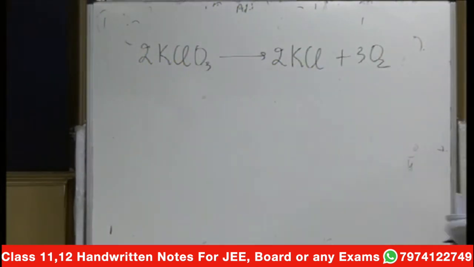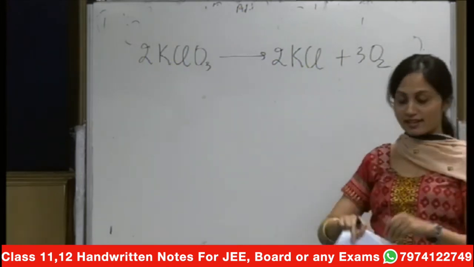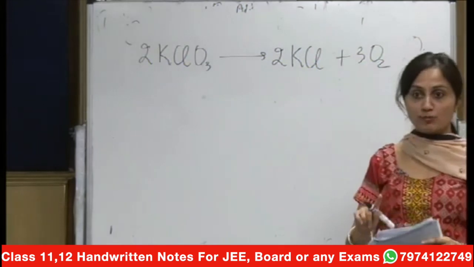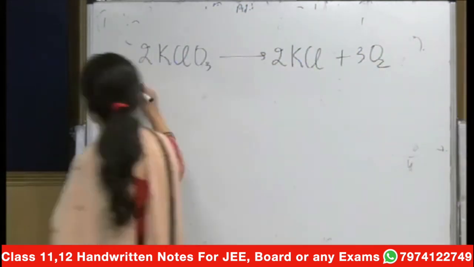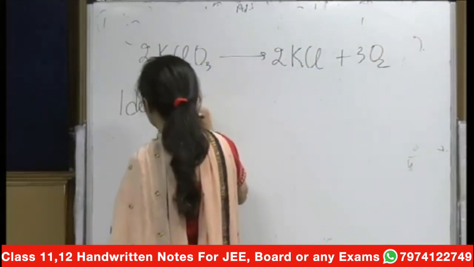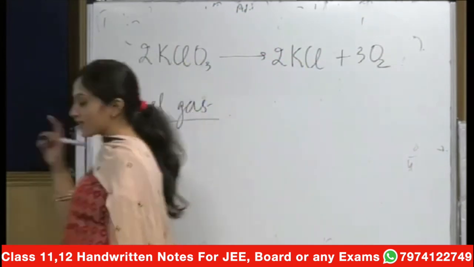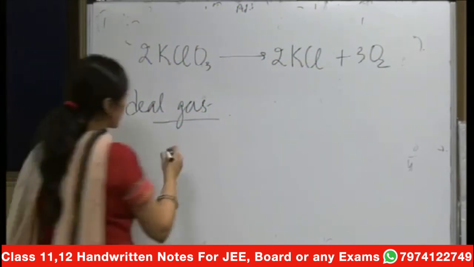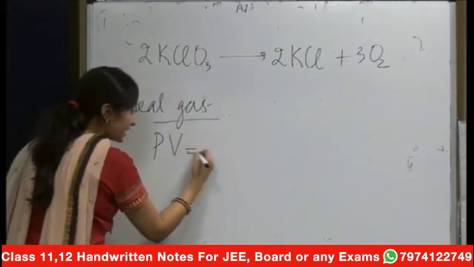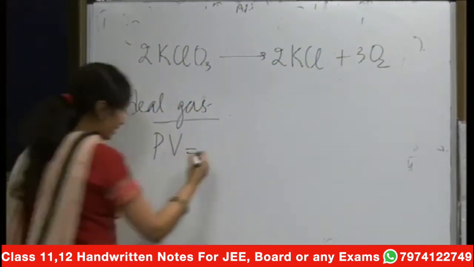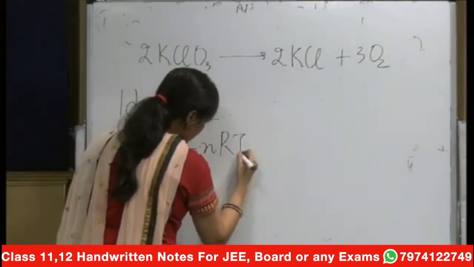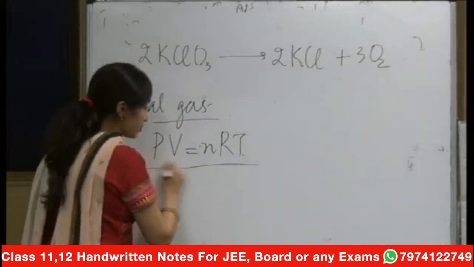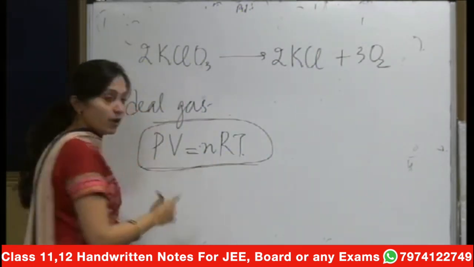In order to write down the equations, you just have to revise the stoichiometries, and sometimes in solving for the stoichiometries you may also require an equation, because I have seen questions related to this. Sometimes you may have to find out the molar mass of the gas. And how can you find out the molar mass of the gas? From the ideal gas law equation. Very good, I thought as much, but the derivation will be done in 11th standard in detail. But remember this equation: PV is equal to nRT.